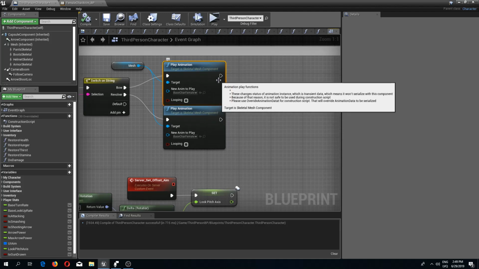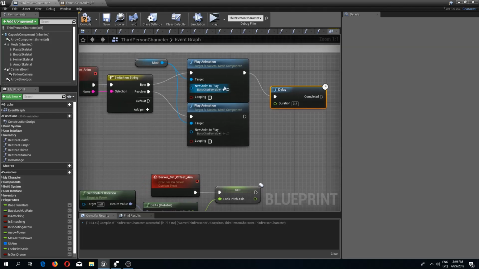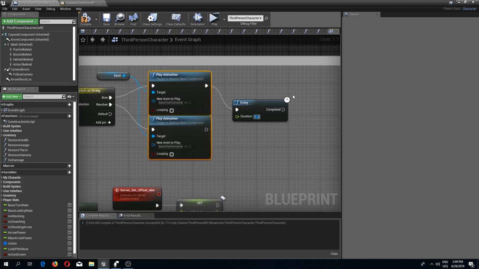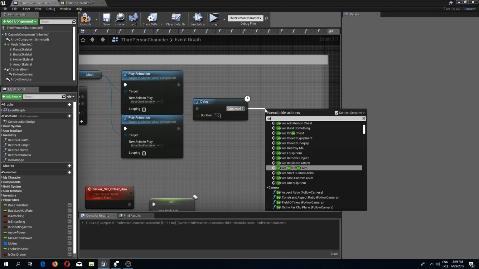So what we can do over here is a delay, if you still want to run these, and we can do, let's say, a 1 second delay so that we would see these weapons getting drawn. And then from here we can do the